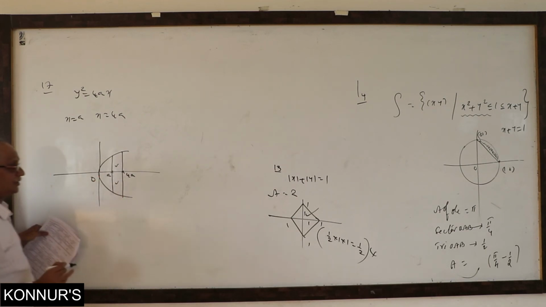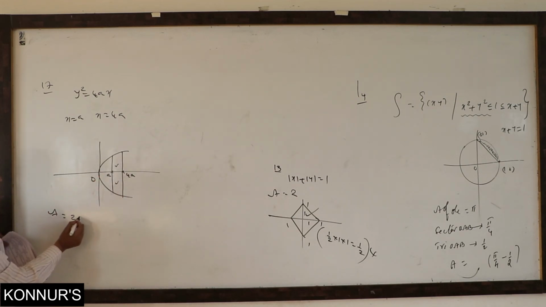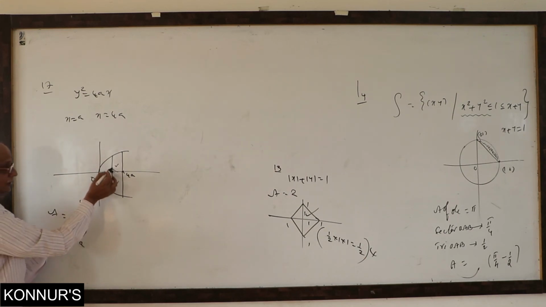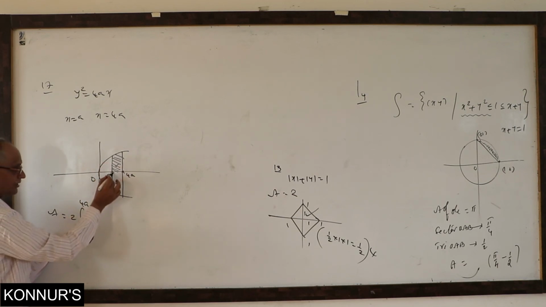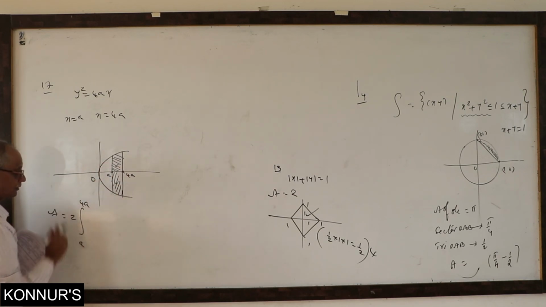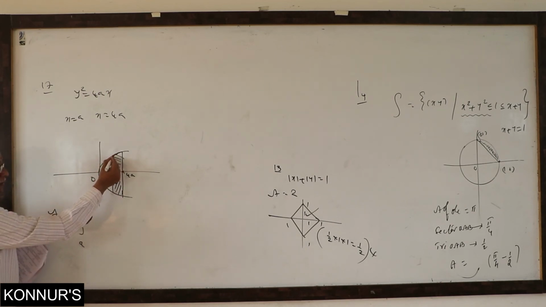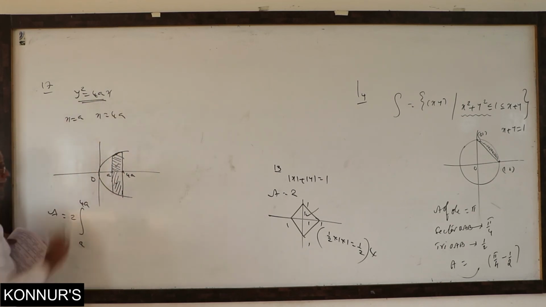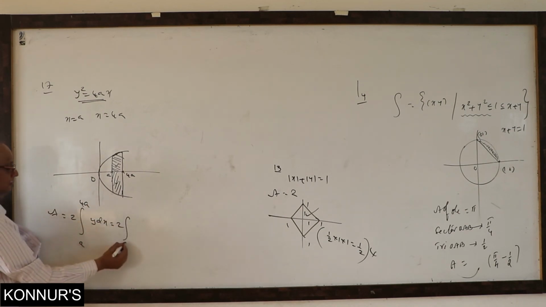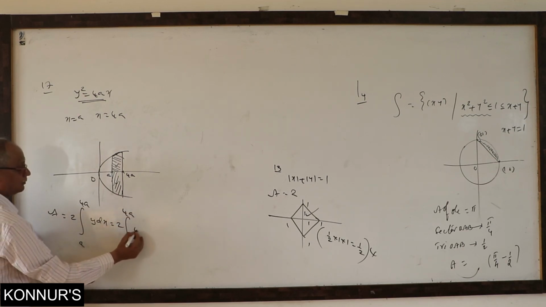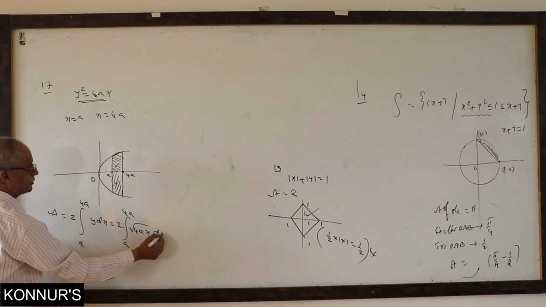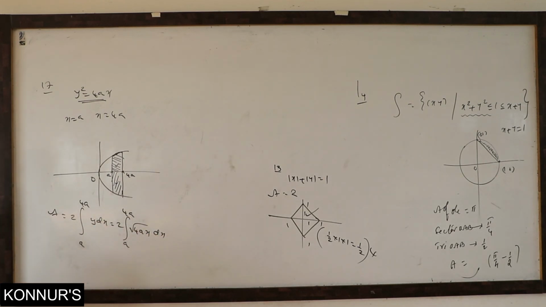Equally, two regions. A is equal to 2 times the integral with limits a to 4a. This area plus this area means double anyway. Then what is this curve? This strip. This curve is from this function. With the x-axis we are doing y in terms of x. So you finish the integration. What is the y value? Root 4ax. This is the principle. You will get the answer. Okay, then the answer is next. 18th repeated. 19 is not there for you.